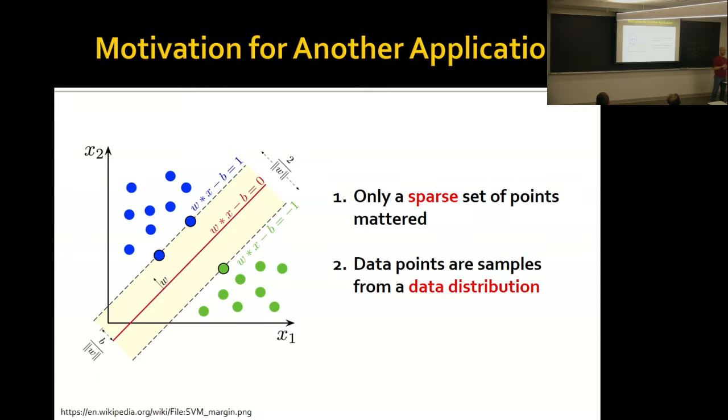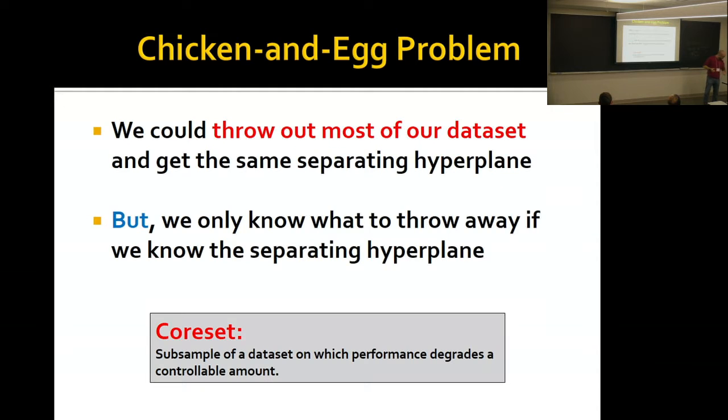So somehow this suggests that maybe there's hope here computationally, right? The typical algorithms for SVM scale in the number of data points, but most of these data points are garbage at the end of the day. However, there's a sort of chicken and egg problem, right? I could throw away most of my data set if I knew which three points were valuable, but how do I know which three points are valuable? I solve the SVM problem, right? And that's the basic issue here.